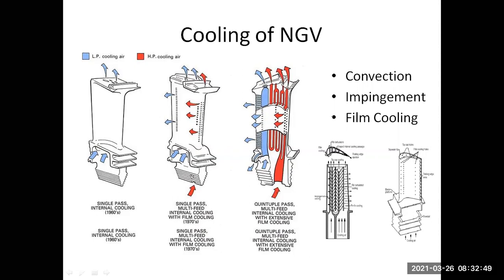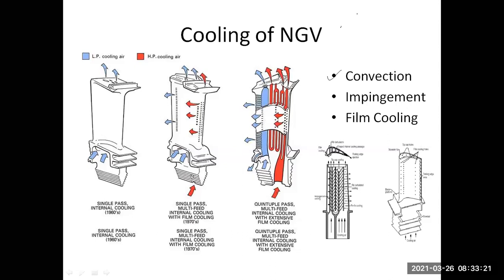But the turbine temperature is 1800 Fahrenheit. If I send air which is at 800 Fahrenheit, the temperature is quite low, right? Very less compared to that. So we can send a lower temperature air over here and it will pass into this region. As it is passing, you can understand that in this area cold air is available, right? So here the cooling is done by convection. Convection, this area, convection.